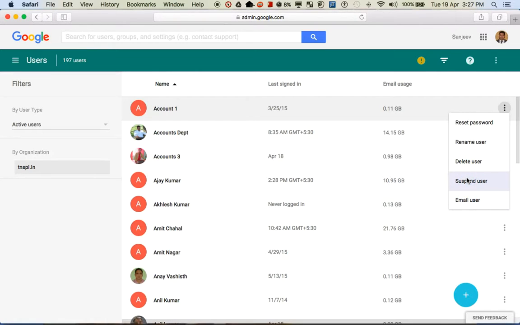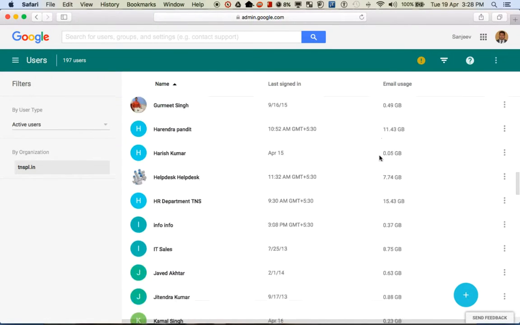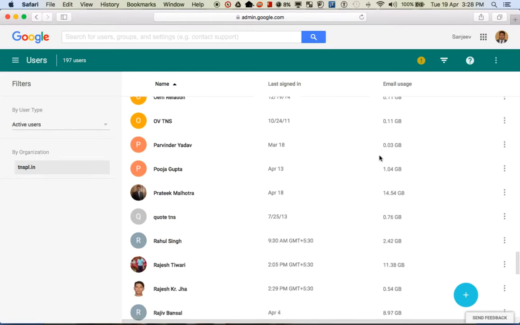So reset password: you cannot recover any password for any user. The only way, if a person loses or forgets his password, is to reset the password for that particular user. So let me open another account where we can show you how to do that.